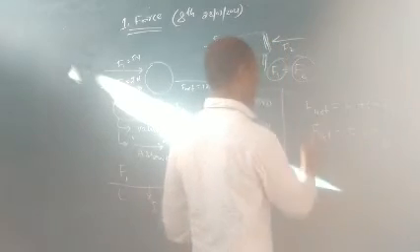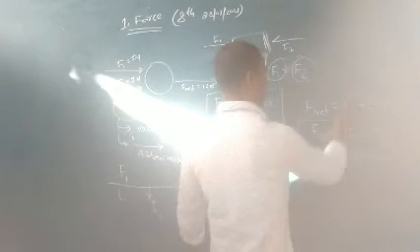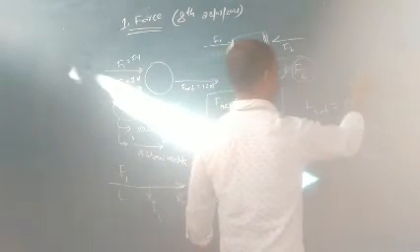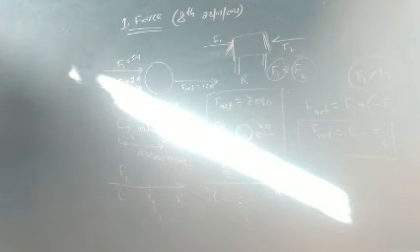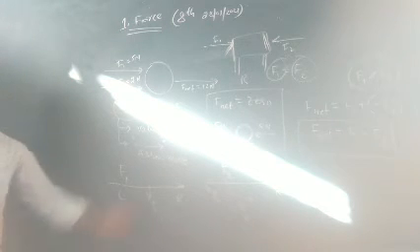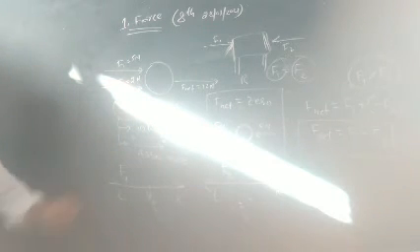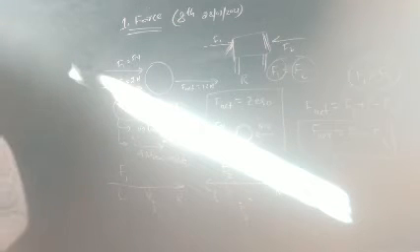Why? What is the reason here? F1 minus F2, because F1 is greater than F2. That's why F1 is taken as positive and F2 is taken as negative. The lesser value is taken as a negative value, and the greater value is taken as a positive value. Okay, that is the meaning of it. Is it clear now?